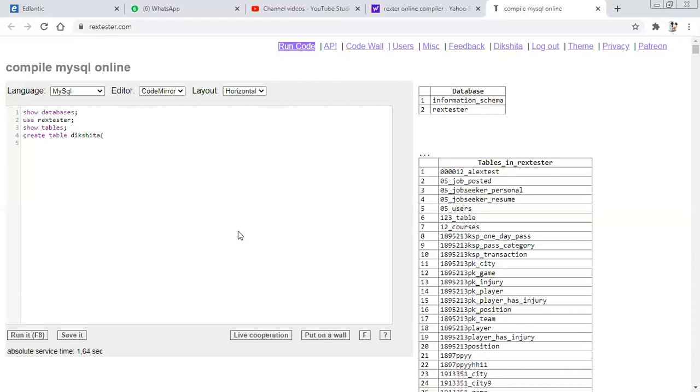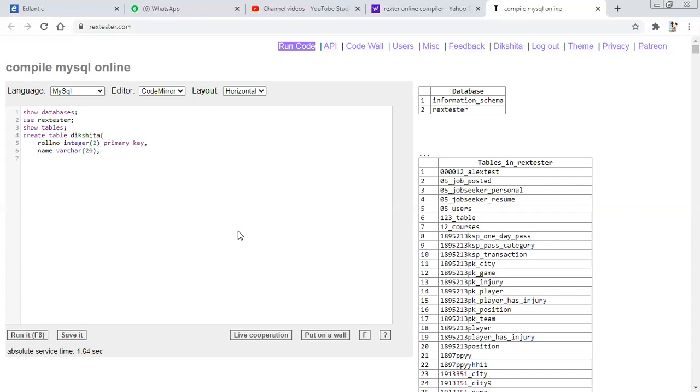Here I need to write, suppose it's the same table which I've created earlier, roll number, integer, size 2, and it's a primary key, comma, come to the next line, name, varchar 20,